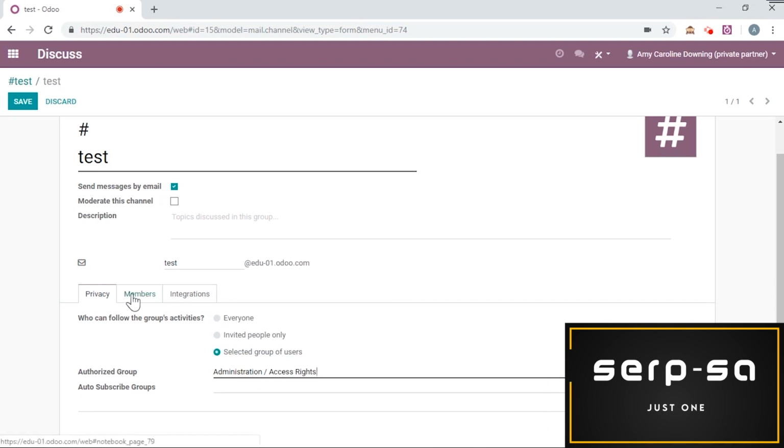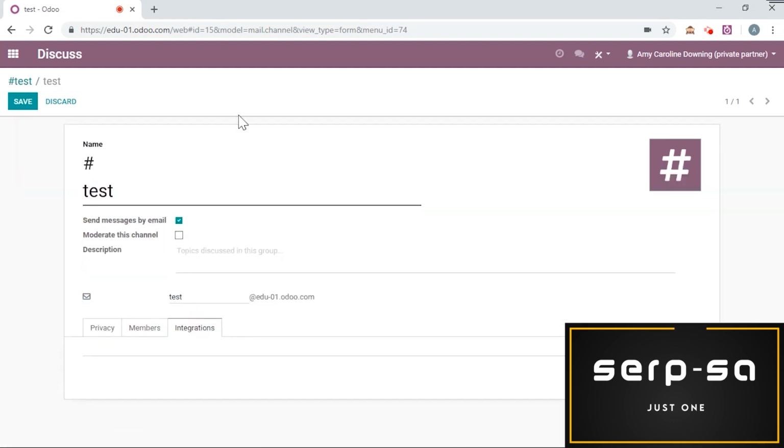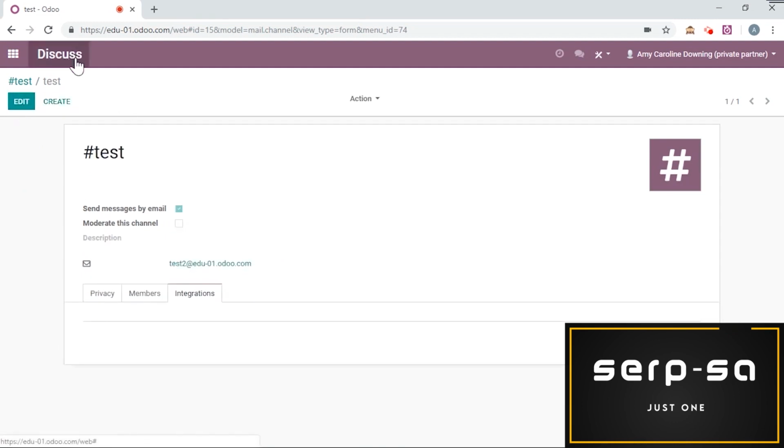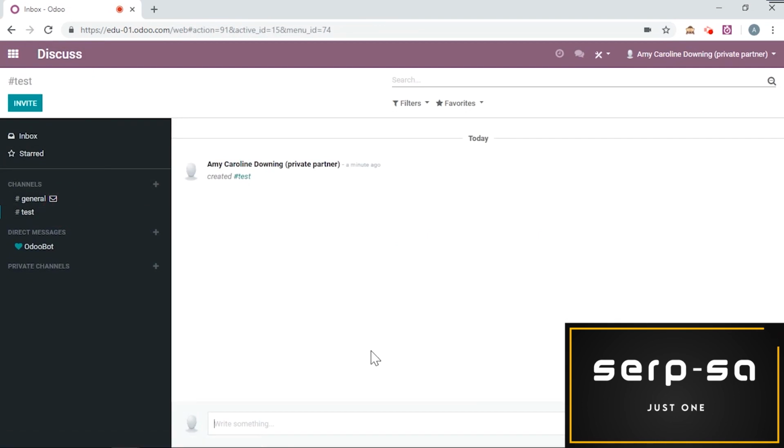So when I click on this Members tab, the people who are part of this group will automatically be added into the channel. So I can see now that's only me, but if I had other users as a part of this group, they would also appear on this tab. We also have the Integrations tab here, and now I'm going to save my settings. I'll go back to the Discuss page. And so when I send a message here, my users will receive an email from me, and they will also be able to see it internally on their